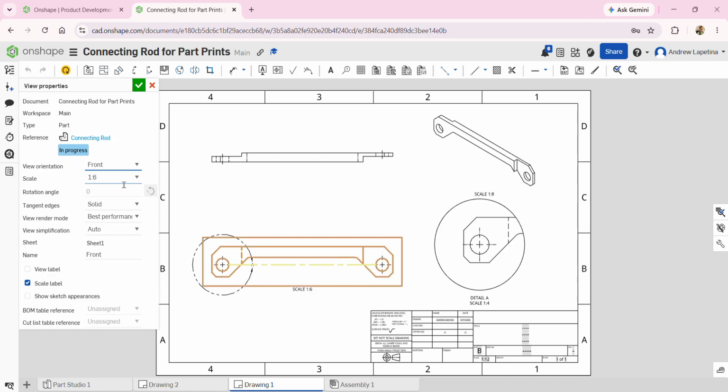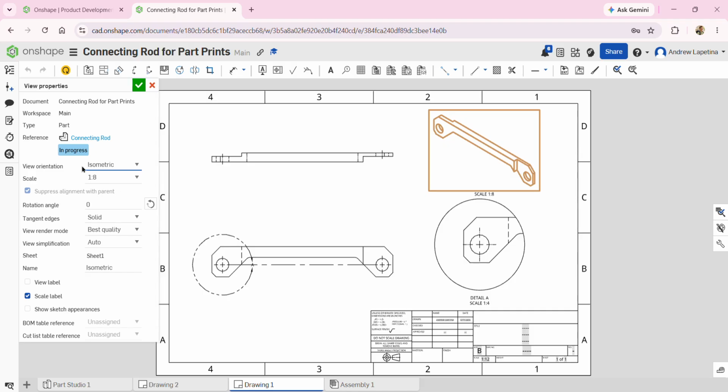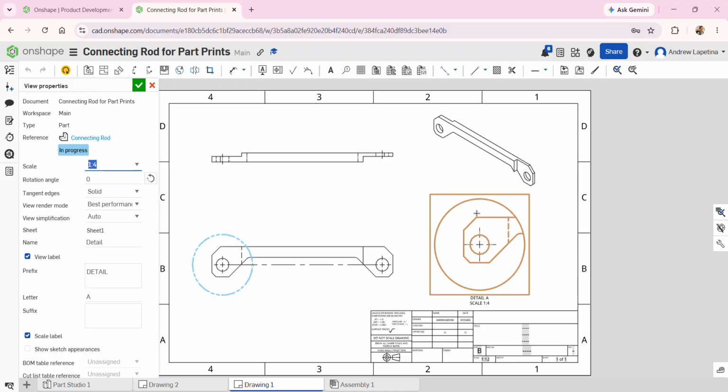Do that here as well. I'm going to keep it on the detail view, but I'll get rid of it on this isometric view as well. One thing I will do on this detail view though is if I left click on it,